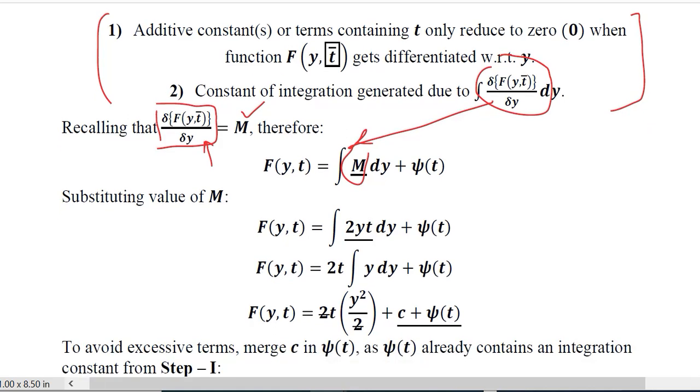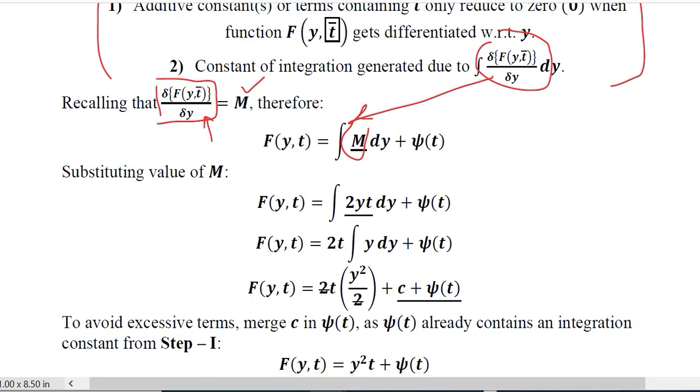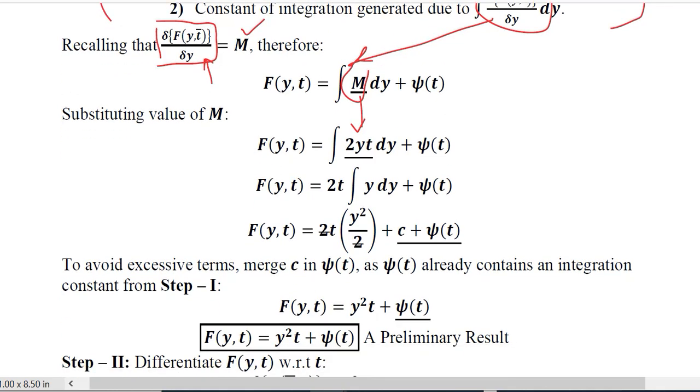Now this m is here, we have substituted the value of m, and then we can solve it using the simple process of integration. So in integration we have another c which is produced, and we can add it in the psi t function without getting it affected, because you know constant when gets added into a function, the function will still remain in terms of t, and even if we don't change the symbol it doesn't affect, because if